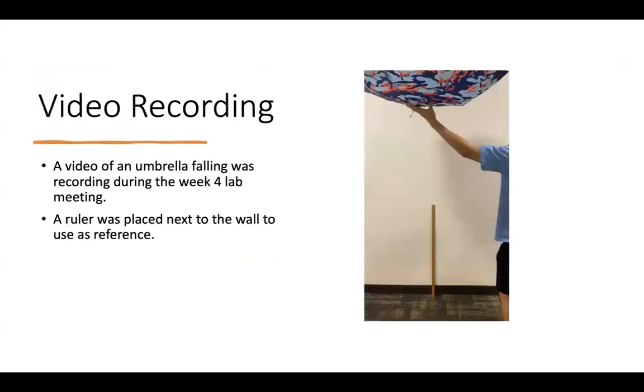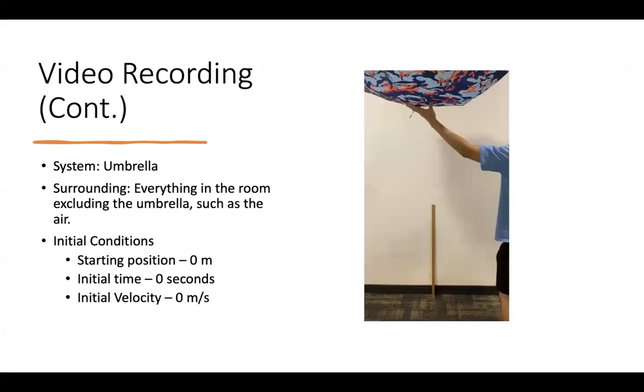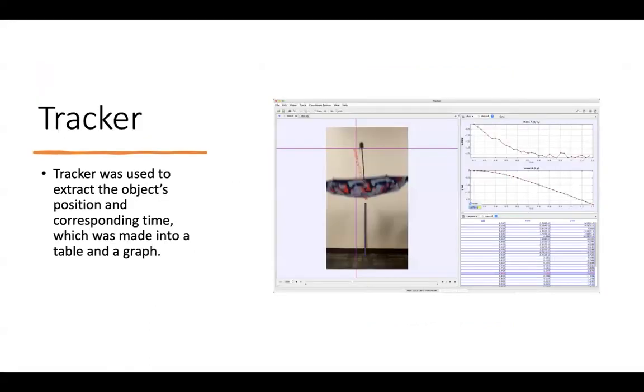And onto the experiment. A video of an umbrella falling was recorded during the week 4 lab meeting. A ruler was placed next to the wall to use as reference. In this case, the system is the umbrella. The surroundings are everything in the room excluding the umbrella, such as the air. Initial conditions were starting position 0 meters, initial time 0 seconds, and initial velocity 0 meters per second. Then Tracker was used to extract the object's position and corresponding time, which was then made into a table and